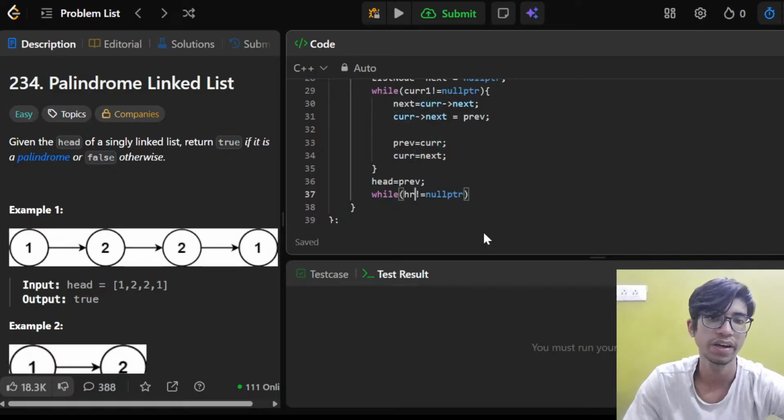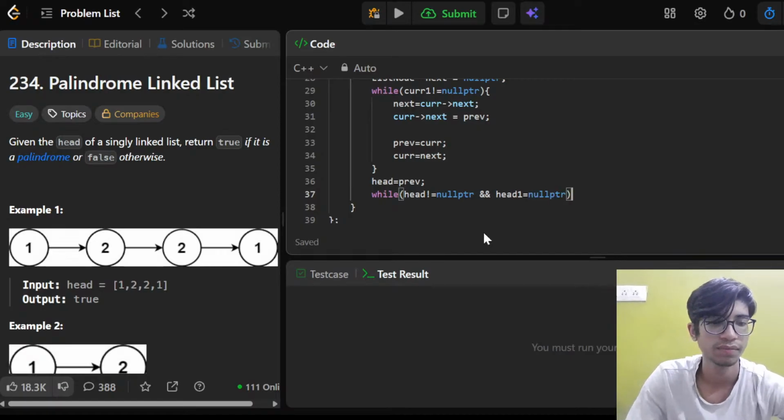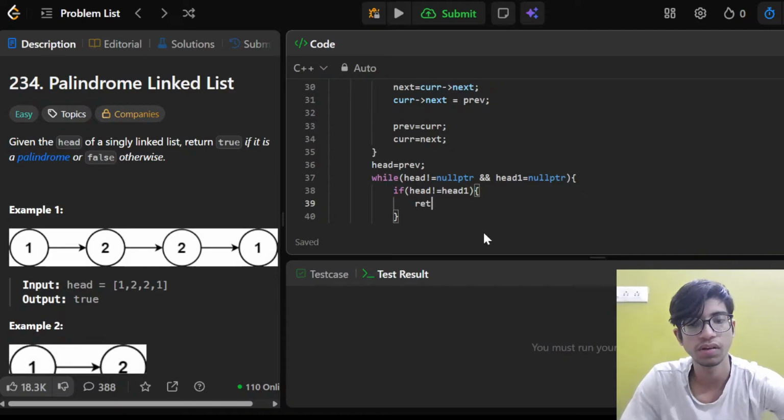let's just say while head not equal to null pointer, because at the same time these have same lengths, and head 1, even though no need for this null pointer, I'll check it. If head is not equal to head 1, return false, right?